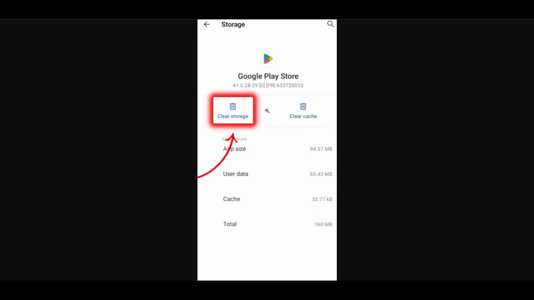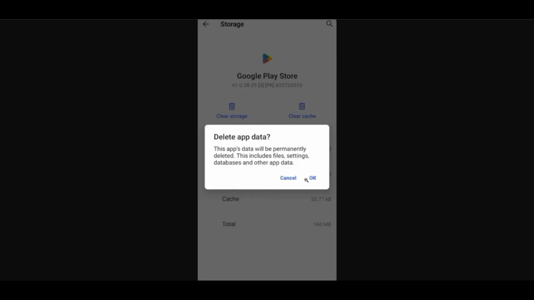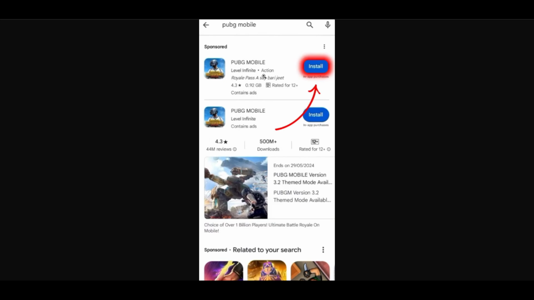Now, search for the app again, whether it's PUBG or any other app showing the device not compatible message, and try installing it. Most of the time, this process solves the problem completely. And that's it. Just a few easy steps and your device should now be able to install apps that were